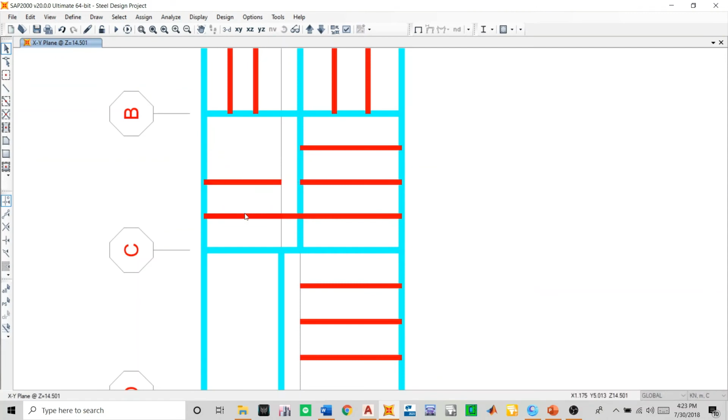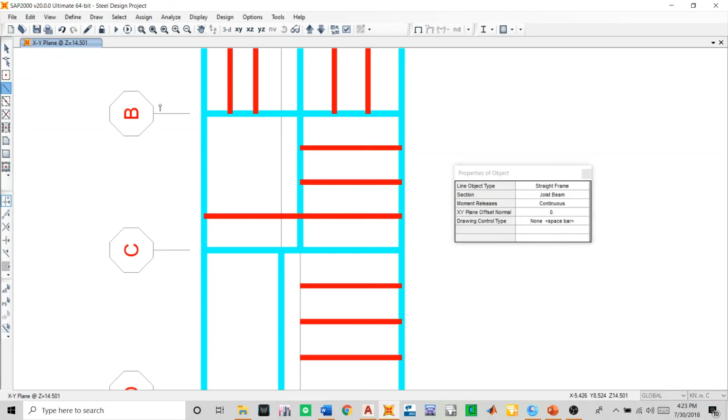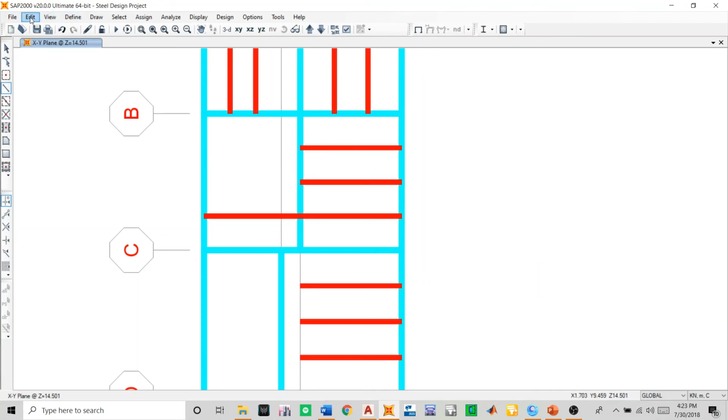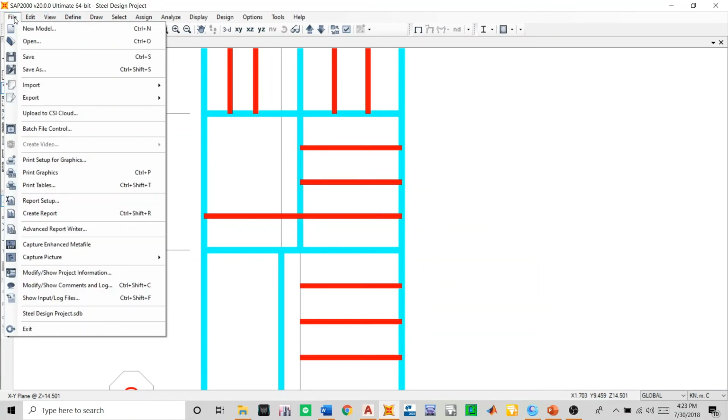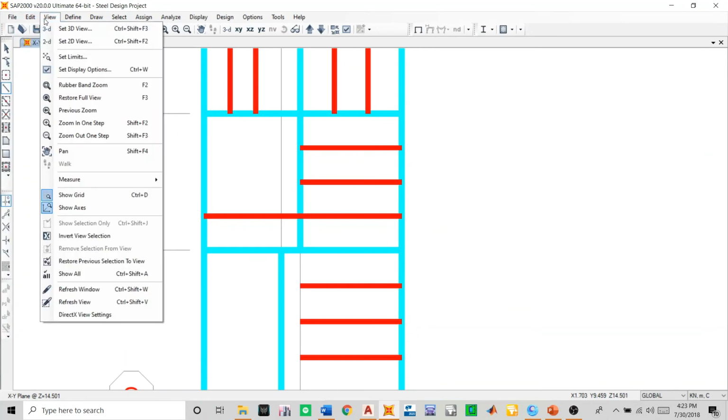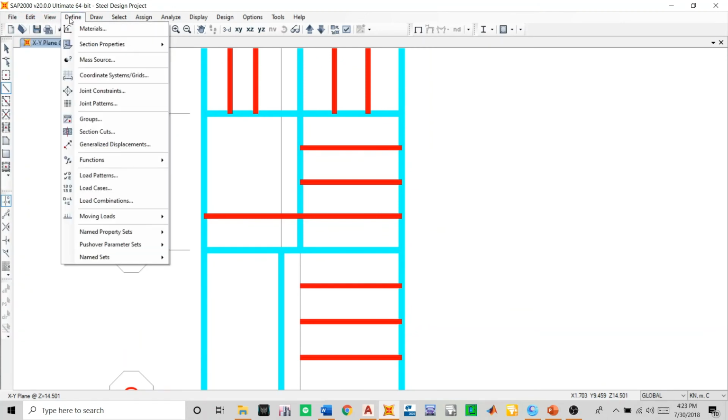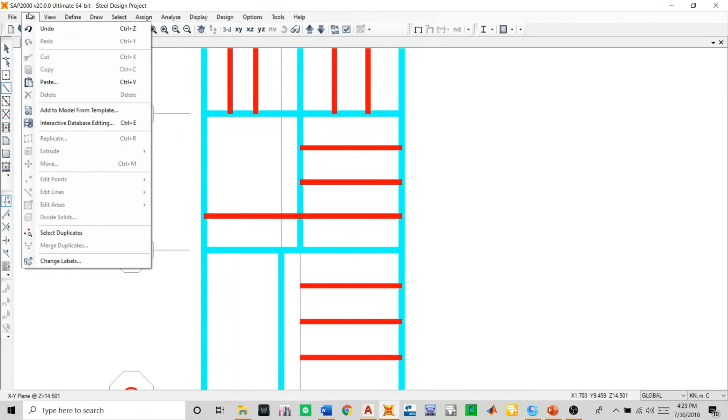First I have to delete this beam, because otherwise it will be an error. Or I have to go to the file, or go to the view, define, edit,